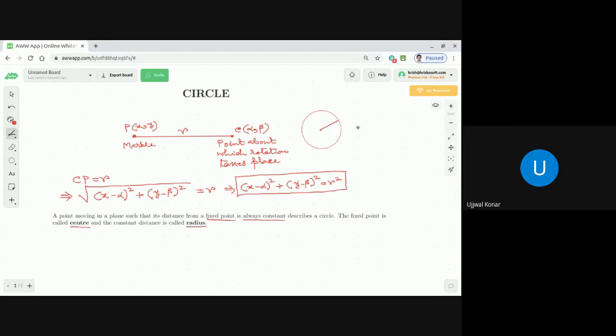Both things we need to know. Suppose we only know the radius, then we can have another circle with the same radius but in a different position, where the coordinate of the center will be different, correct? And also if we know only the center, we can have many concentric circles. For example, we can have a circle something like this,